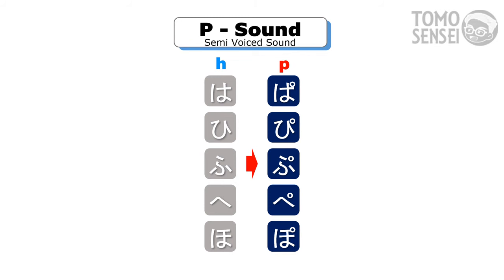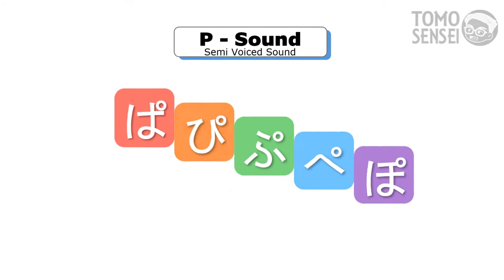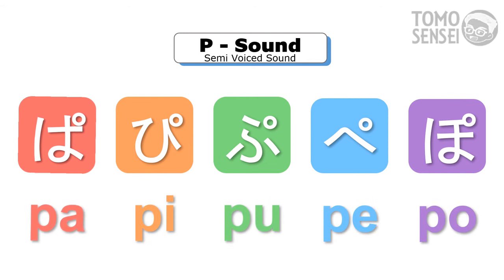それでは発音の練習をしてみましょう。Then let's practice how to read pa column. パ、ピ、プ、ペ、ポ。Repeat after me. パ、ピ、プ、ペ、ポ。